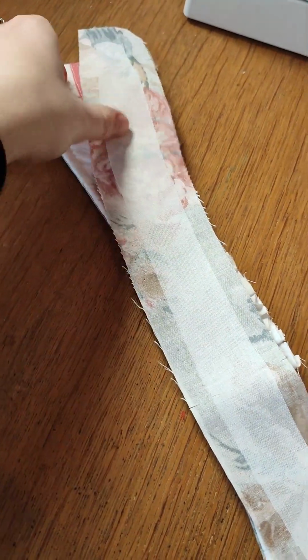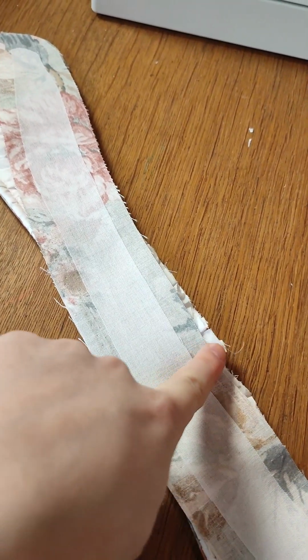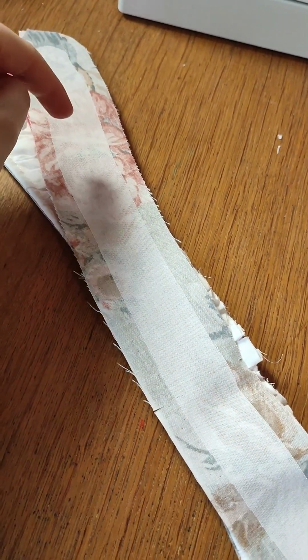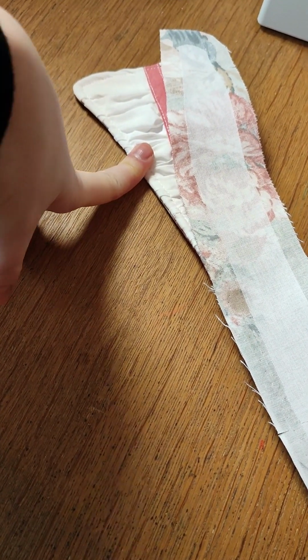Now I'm going to sew the collars in between the two collar stand pieces, making sure that the top end of the collar stand pieces is pinned to the collar and the side with the interfacing goes with the ruffled pretty side of the collar. This is what the collar looks like now. If I had my iron set up, I would iron this flat, but I currently don't, so I'm just going